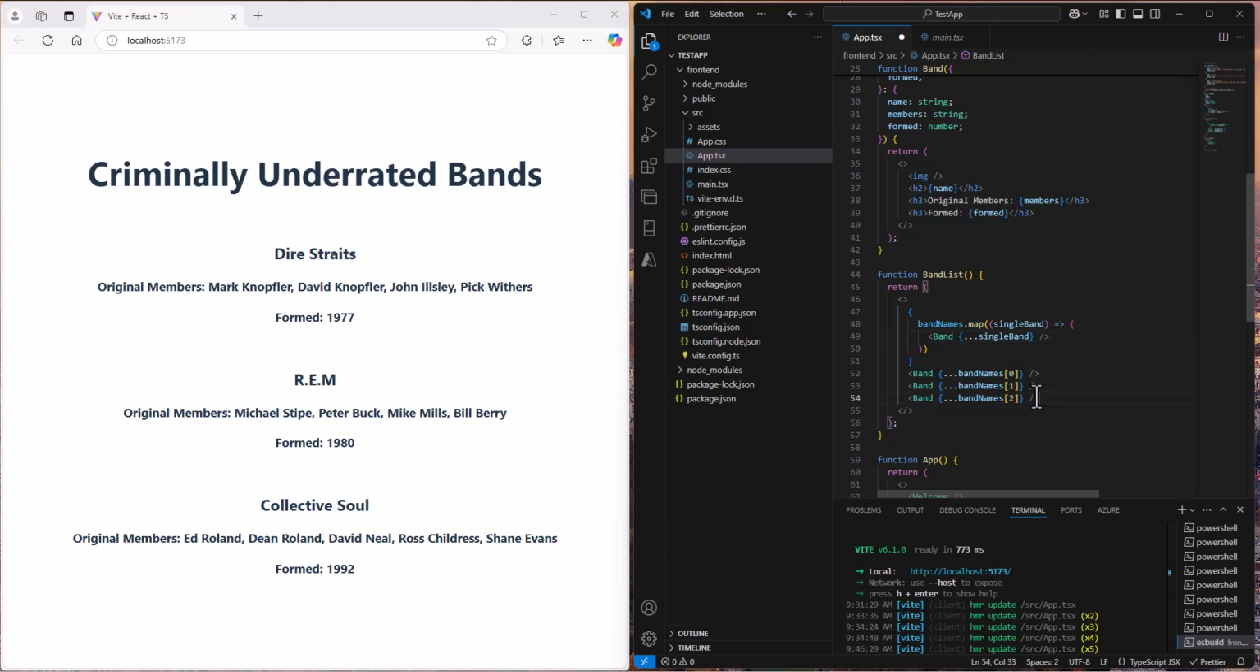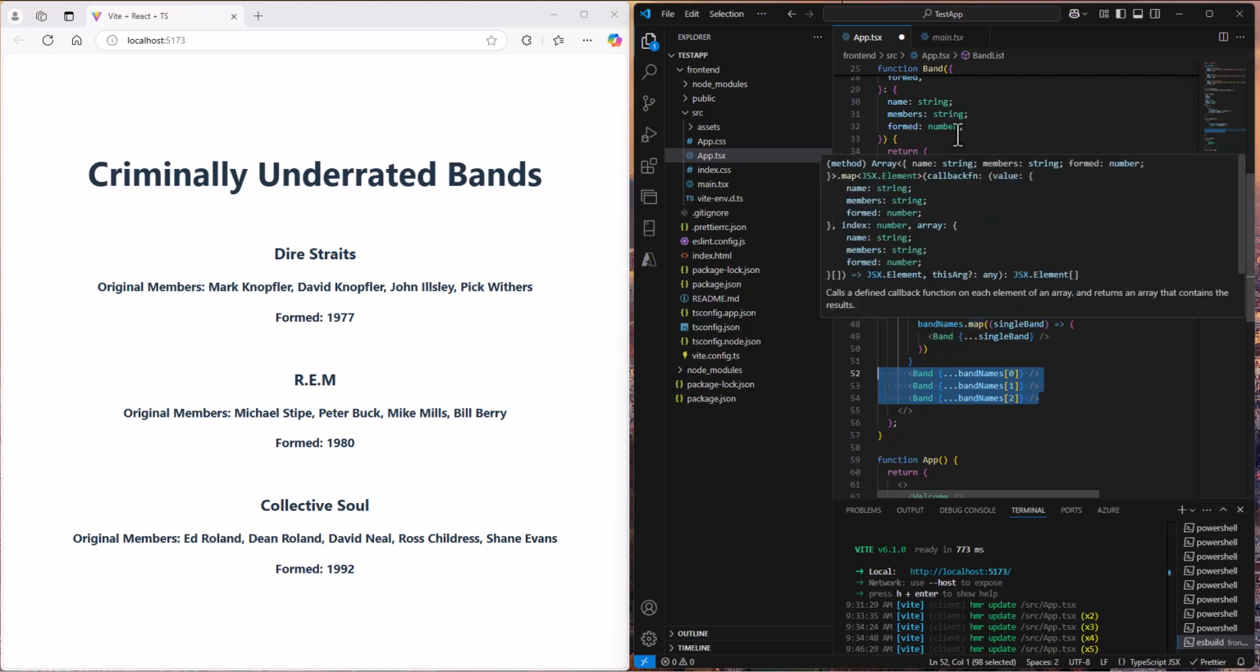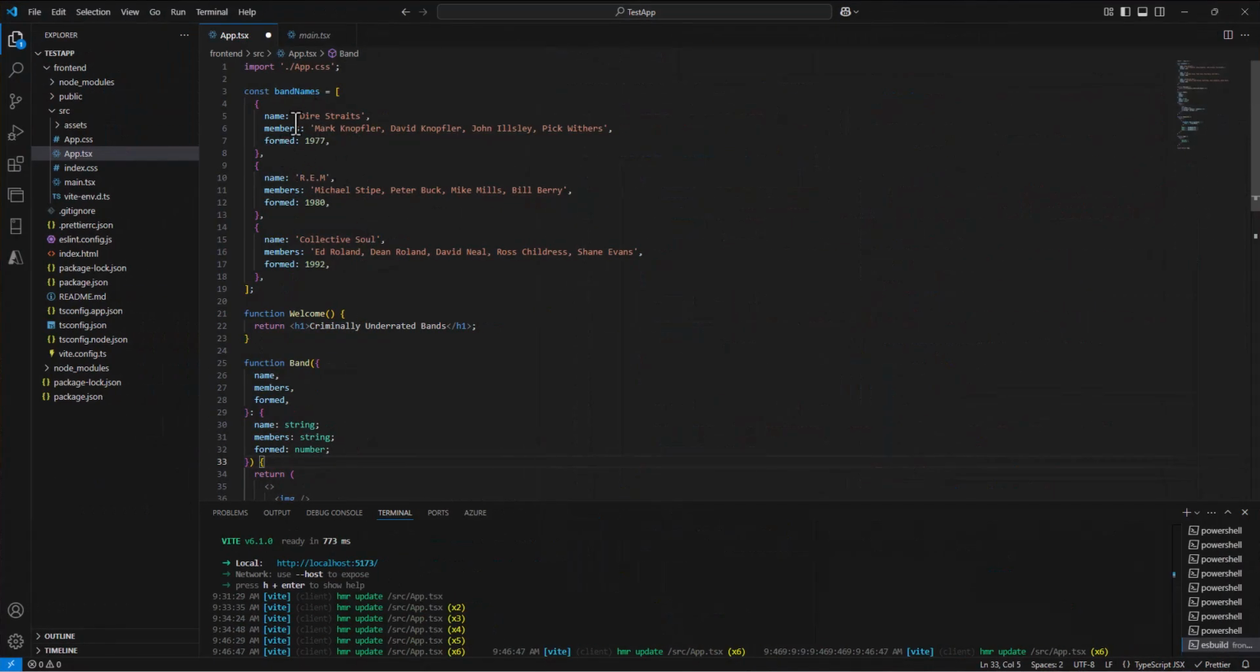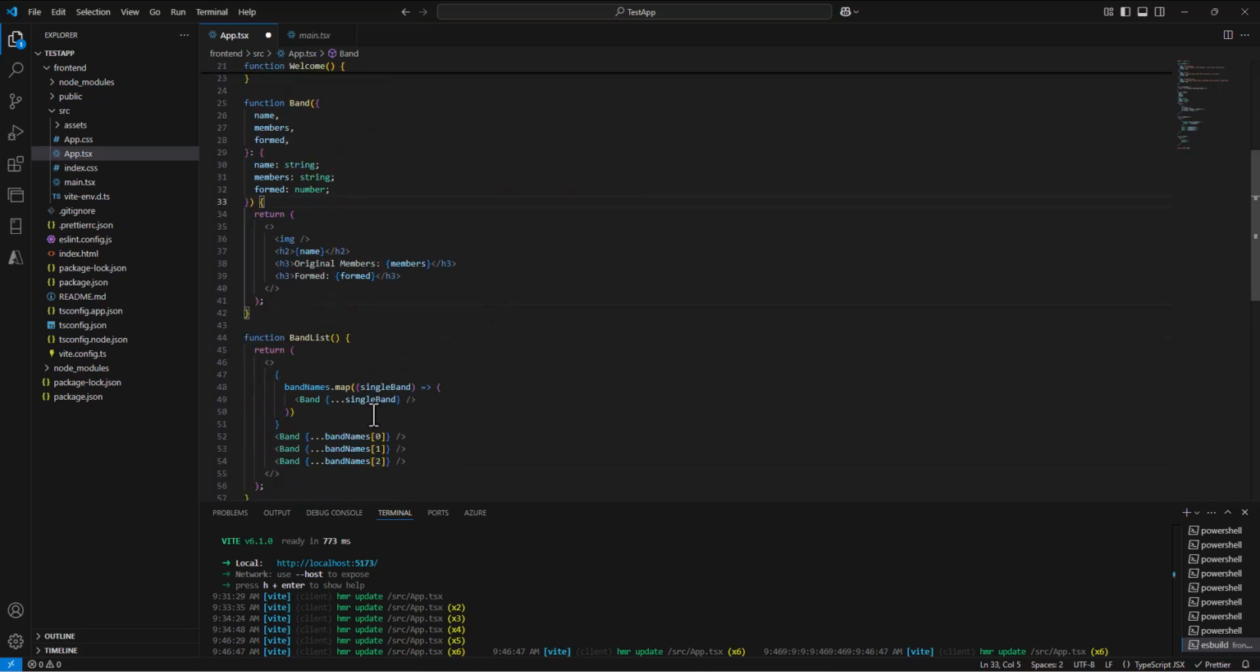That replaces the need for these 3 tags, because what it's doing is, each time it goes in, this map function is starting with element 0, going to element 1, element 2, element 3, element 4, all the way through. So this map function is going through all the entries in the band names, and then it's going to store the information for a single entry in a variable called single band, and that single band is what's going to be used as we move through the entire